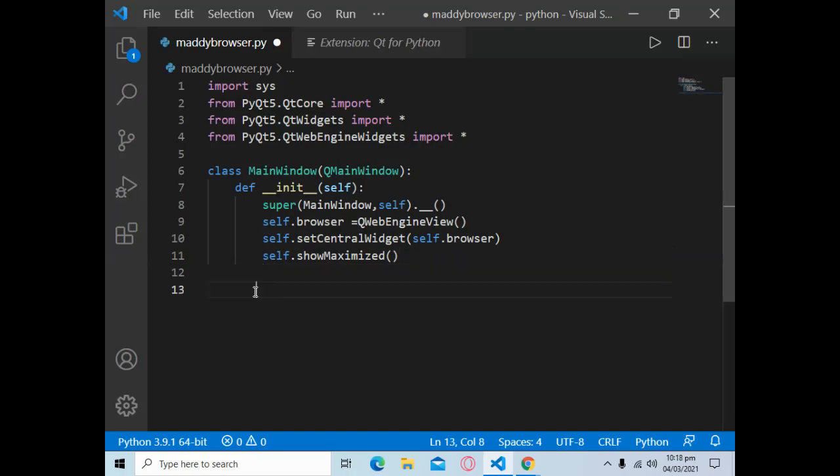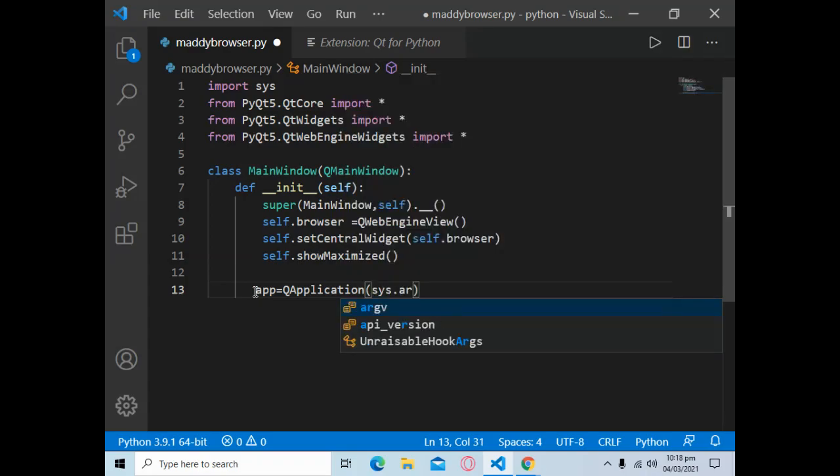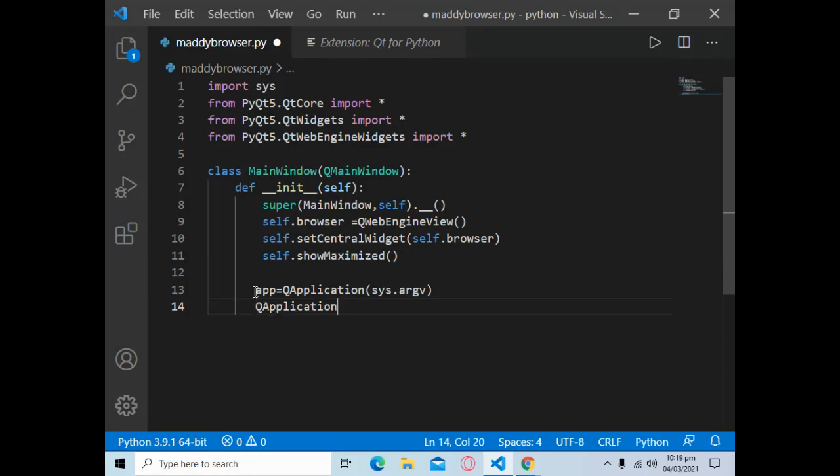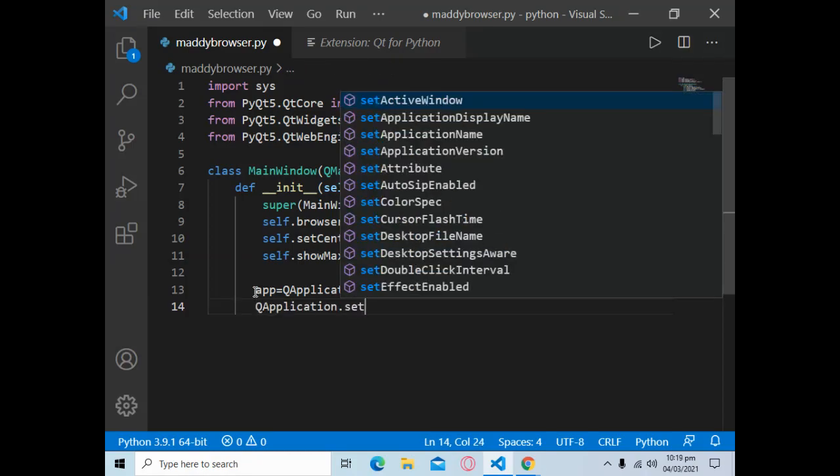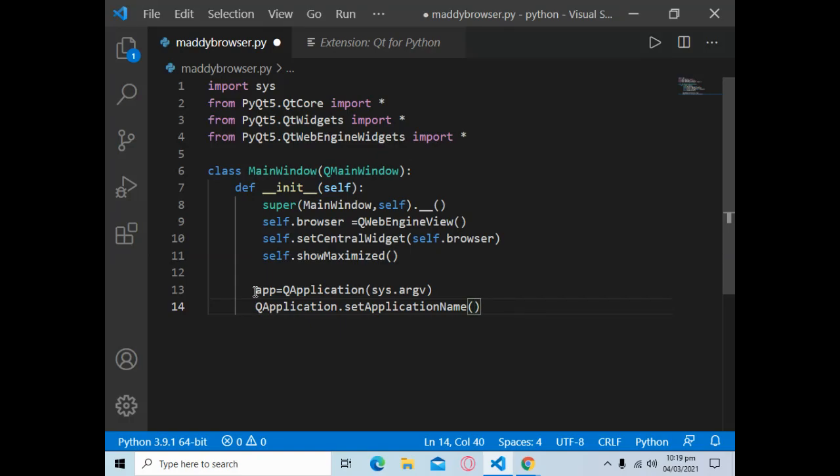So now we will create an application: app is equal to QApplication and make parentheses. In that parentheses you need to pass an argument. So simply write sys.argv and hit enter, then call QApplication.setApplicationName, make parentheses, and in the parentheses write your application name.